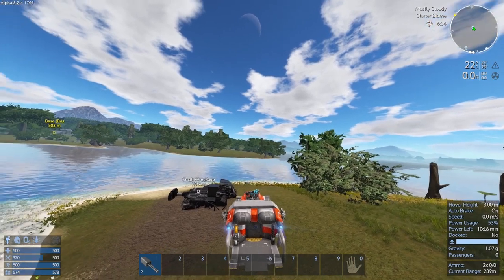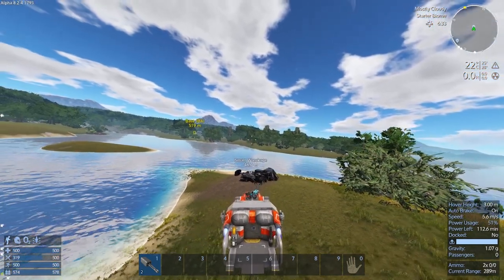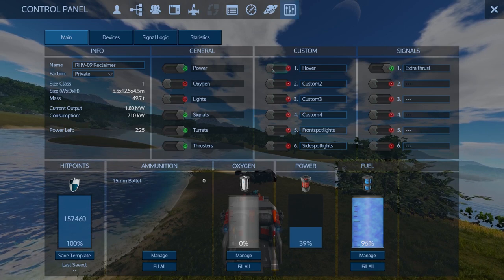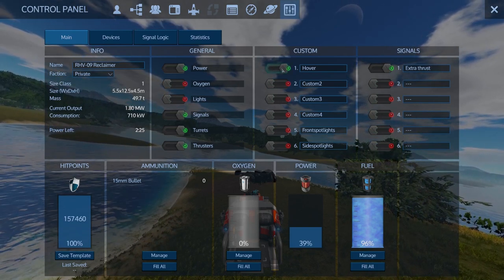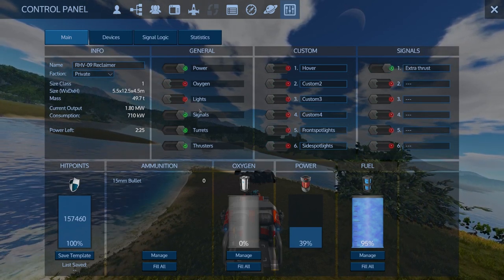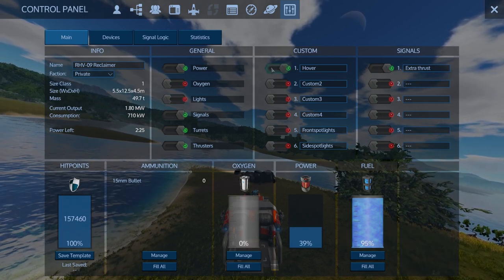is maybe you could do... Let's see, there's a custom group, if I remember right. There's some custom things set up here. Let's go back to this. So we have hover set up, which I'm not sure which one that one is. We got extra thrusters set up. Front spotlights. Now the lights, of course, are turned off, so they're not going to turn on when I do that. But I thought there was one...